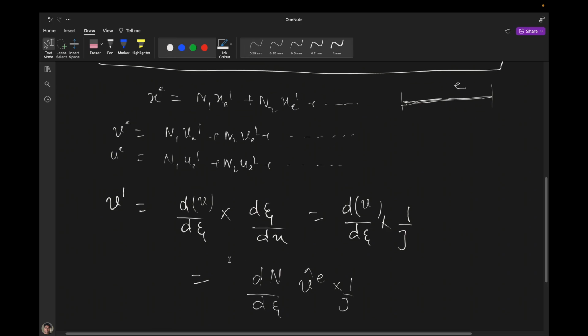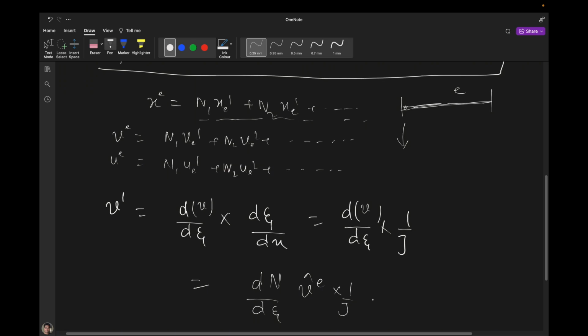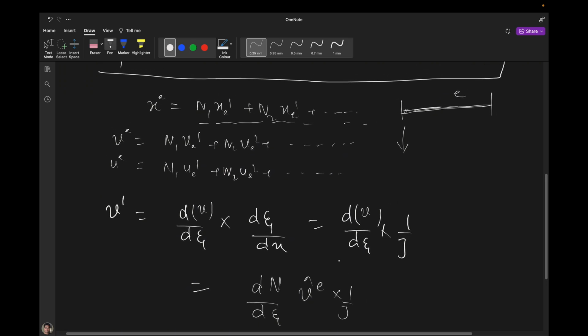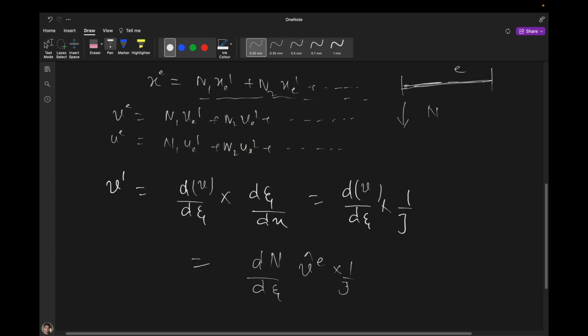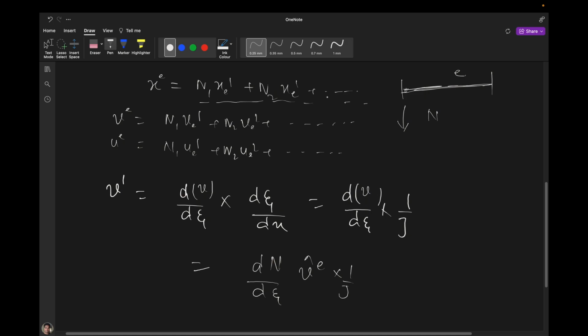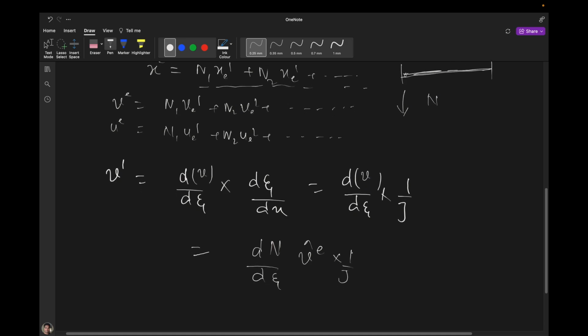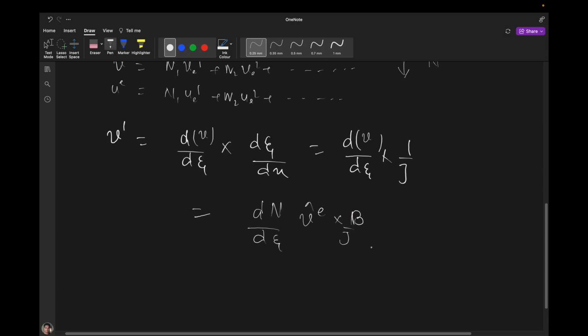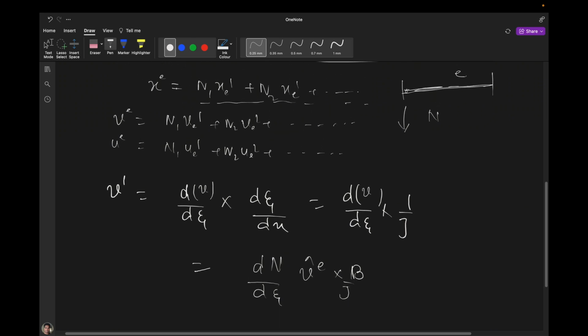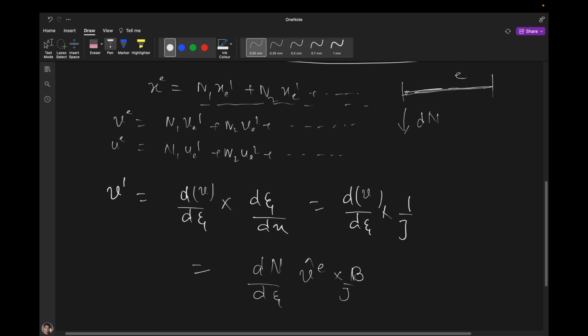See, here when you differentiate this thing, it should be n dash. When you differentiate, what is this? This is nothing but the n. L by 2 should be this. This will actually be the derivative of n, and that derivative of n is nothing but the b. The derivative, dn by del zeta, is nothing but b.